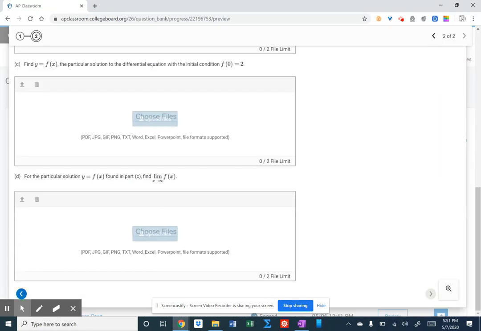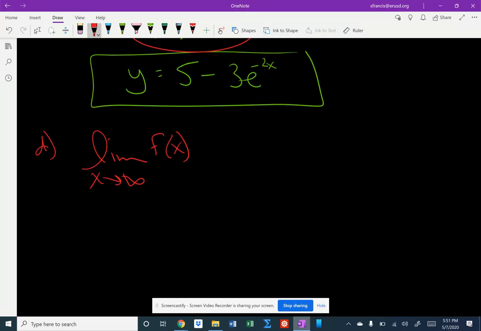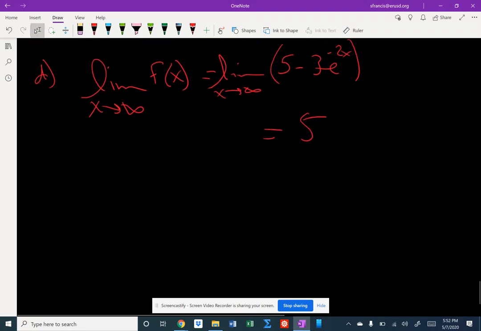All right. So for D, it says for the particular solution, y equals f of x found in part C, find the limit as x approaches infinity of f of x. So we're just taking the limit as x approaches infinity. This is literally a 1-point question. So I'm not quite sure why it's there. You should understand that this part over here goes to 0 and this works out to be just 5. They don't require any work whatsoever, but just to make sure we understand, because we have that e